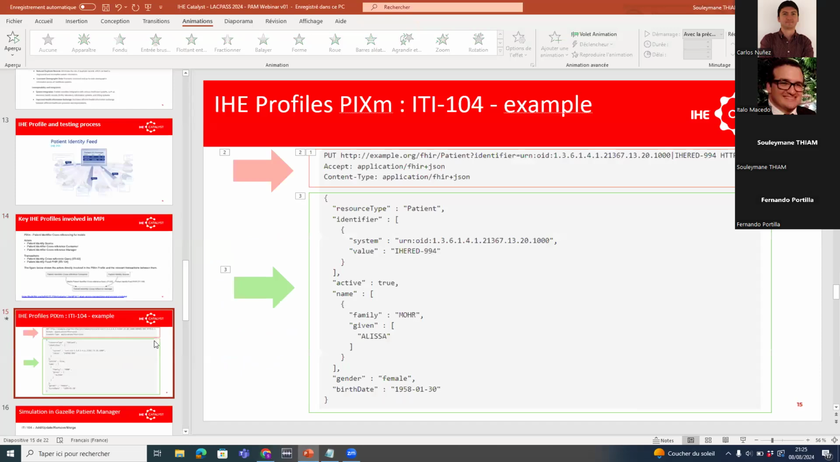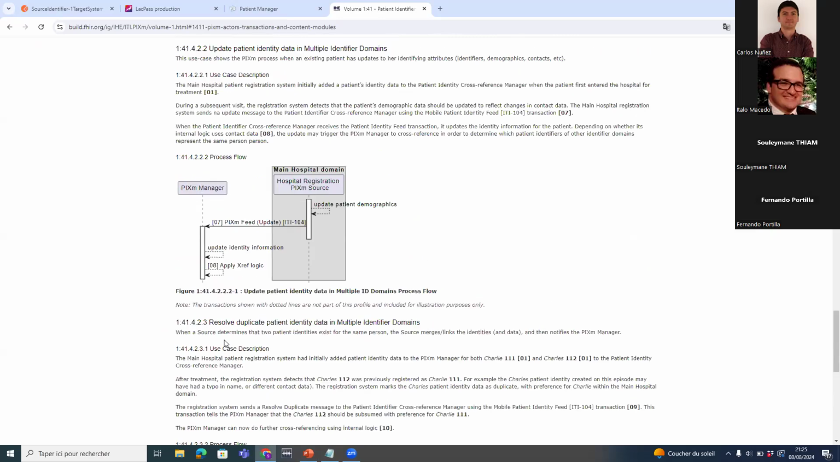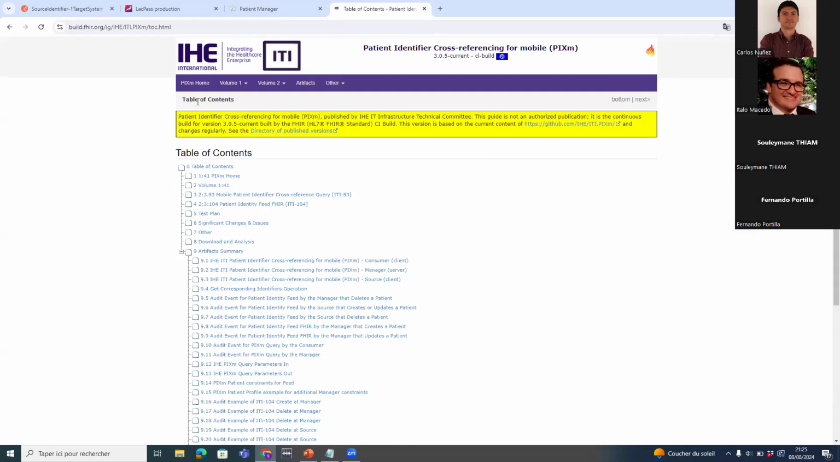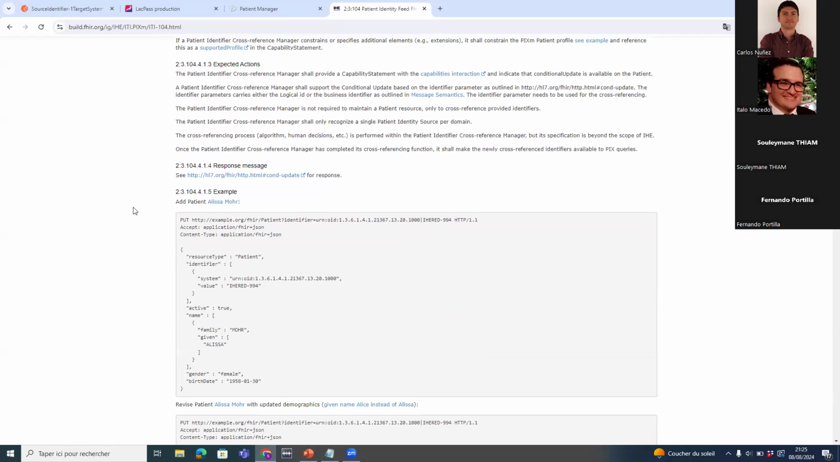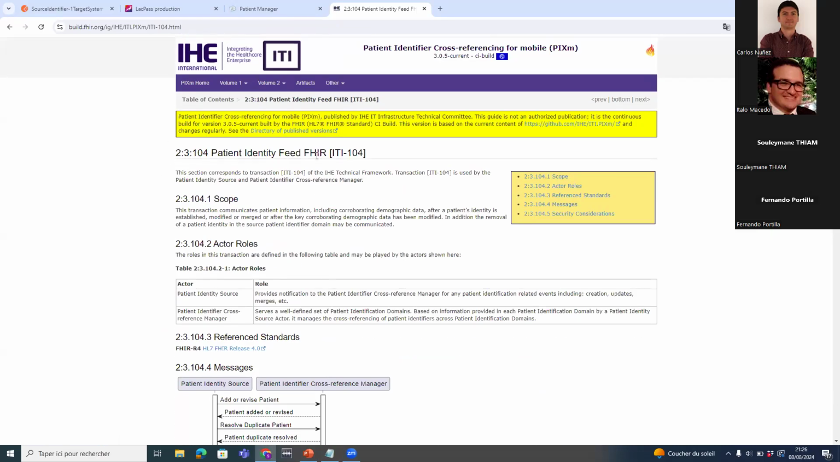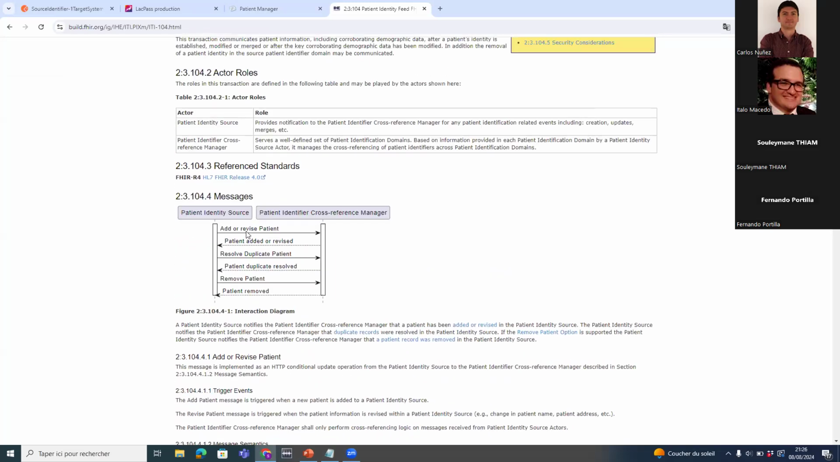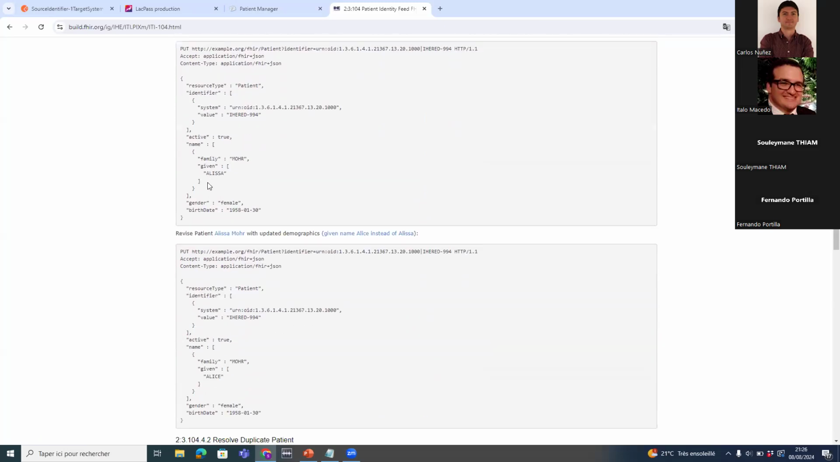Before I switch to the demo, I would like to show you what the request and the response of the ITI 104 look like. If you check, for example, this page, it describes what the ITI 104 is doing. Here it shows what kind of transaction you can do: to add, to resolve, to update, or to remove the patient. And if you go down, it will show you